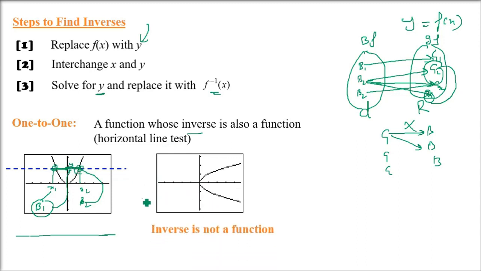Inverse. Let us take the inverse. Let us say one more. Horizontal test. Now you see here, this particular graph is passing the horizontal line test. It is only intersecting in one point. It should not intersect on more than one.